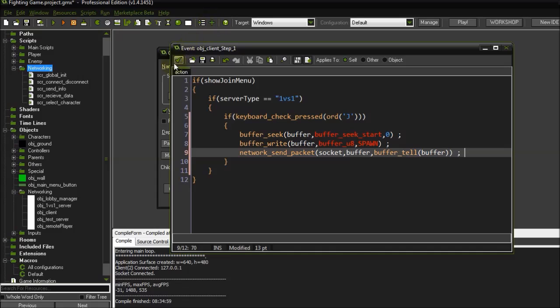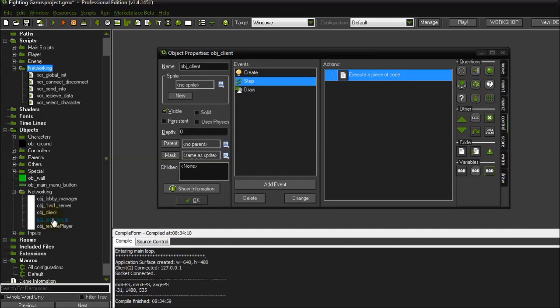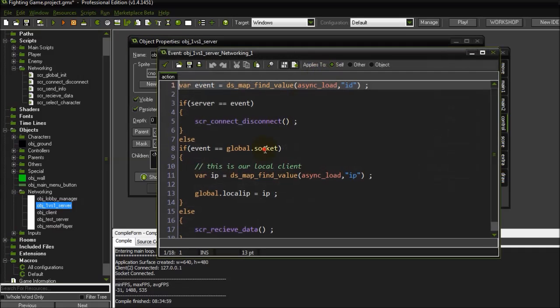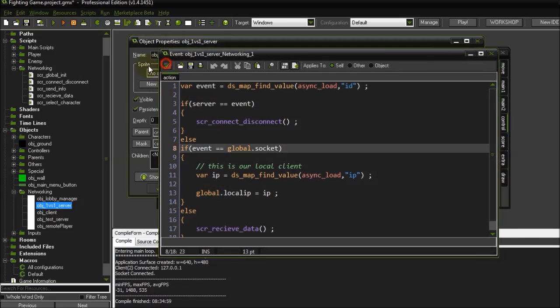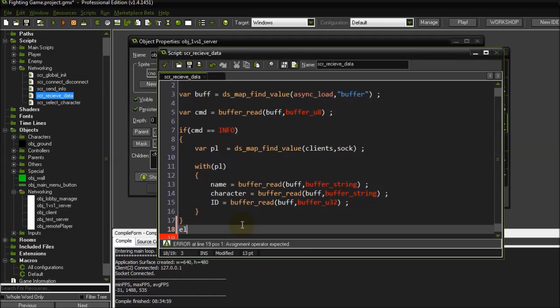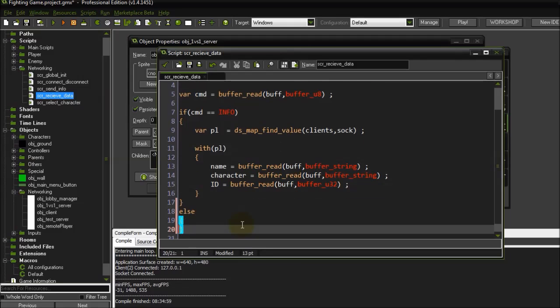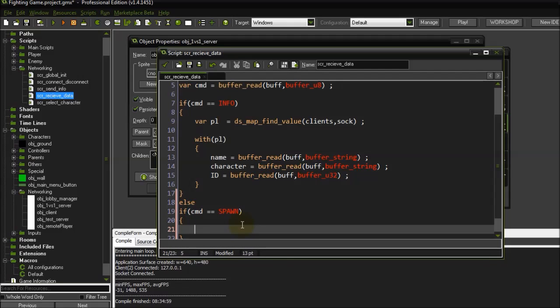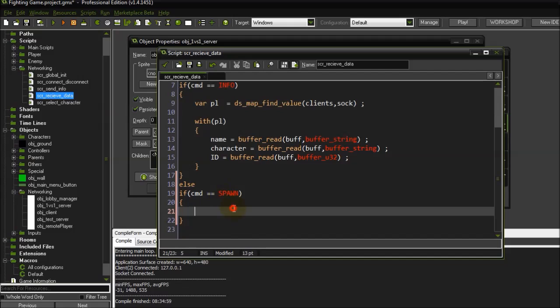Okay, now let's go to the server. Where is it? Okay, oops, so I should go here to the received data. So else if cmd equals spawn, then we need to spawn a player. So let's say var player equals